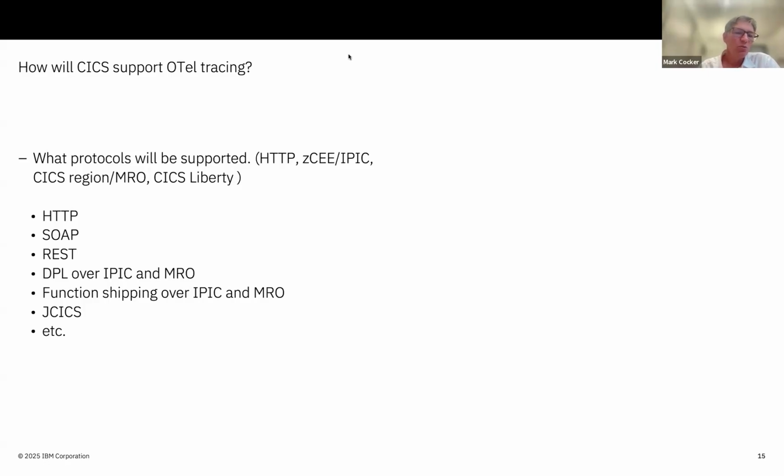But otherwise, we've pretty much covered the majority of the CICS interaction patterns. So, you're no doubt using the majority of these at any one point in time. And the CICS ways of initiating work across these different protocols are handled in 6.3.